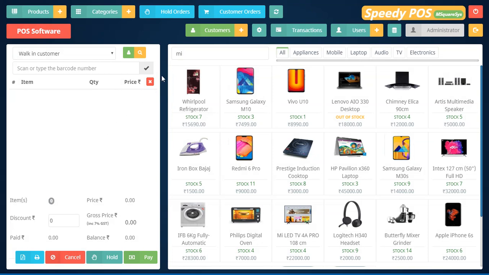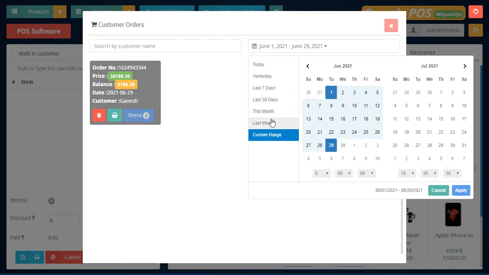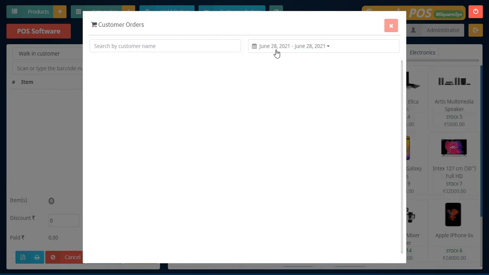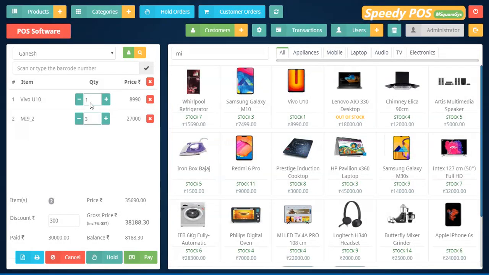Now again I am selecting the customer orders. Now I will go to the customer orders of everyone who has purchased. It maintains records from June 1 to today's date, June 29th this month, and there is an option for today, yesterday, or last 7 days. There are multiple options: how many customers, how they purchased, that information, and how many items there are. If they have a balance, it will highlight it in yellow, with the total price. If you click again, it will go to that order and list their balance amount, how much they have to give back to us.